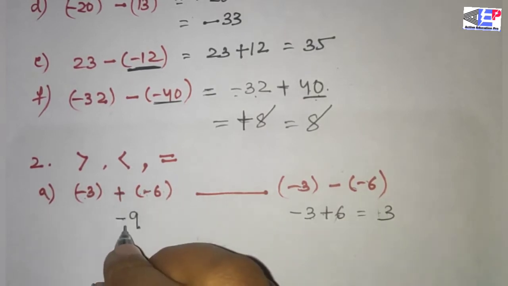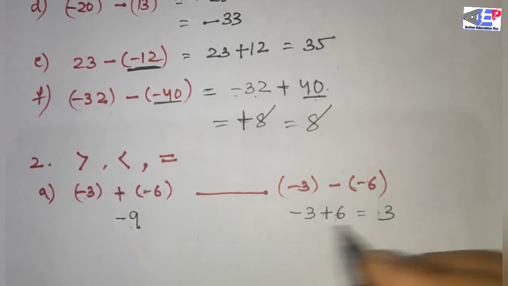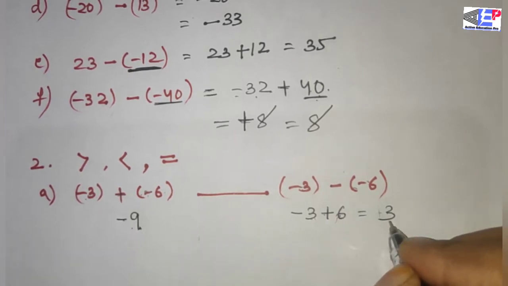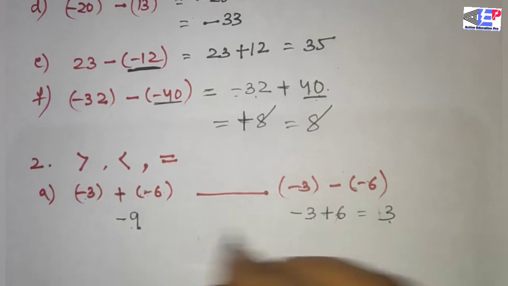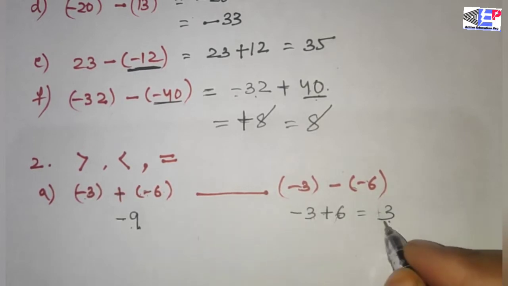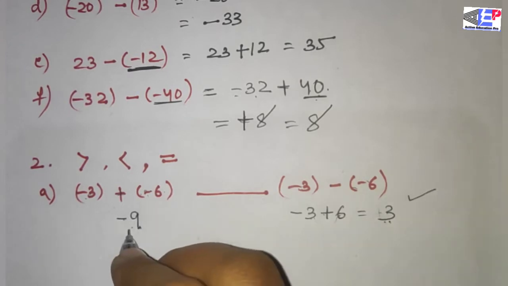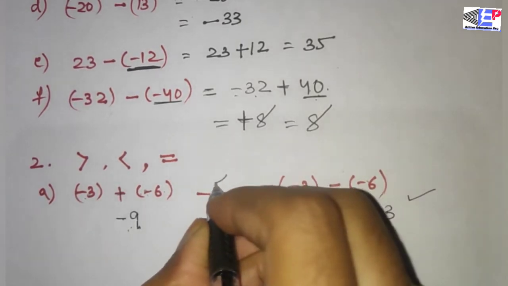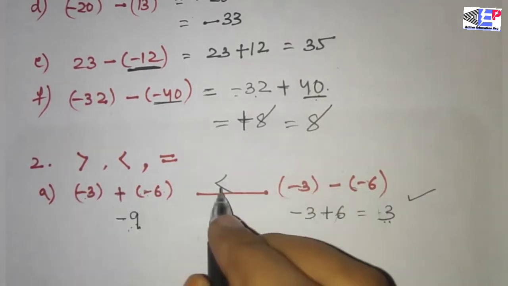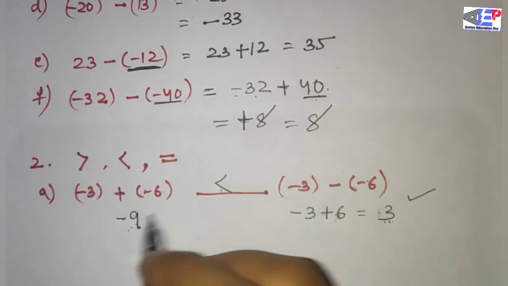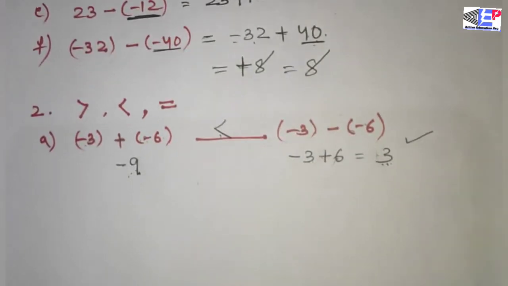So here at our left side the answer is minus 9 and the right side answer is 3. If we compare these two results, minus 9 and 3, you know a positive integer is always greater than a negative integer. So you can write minus 9 is smaller than 3. Minus 9 is smaller than 3. In the next bit,